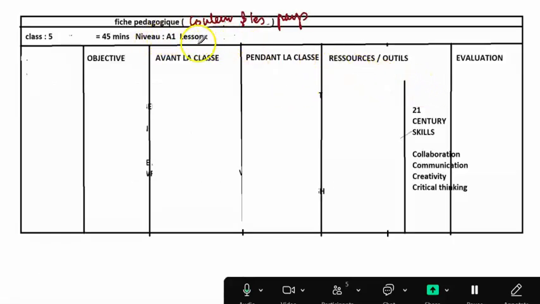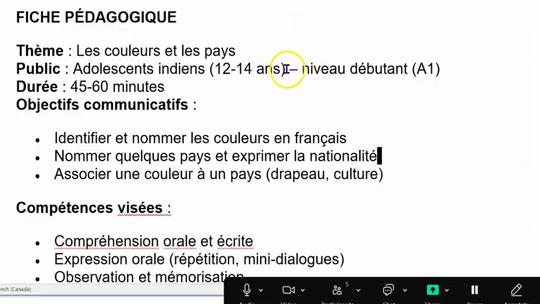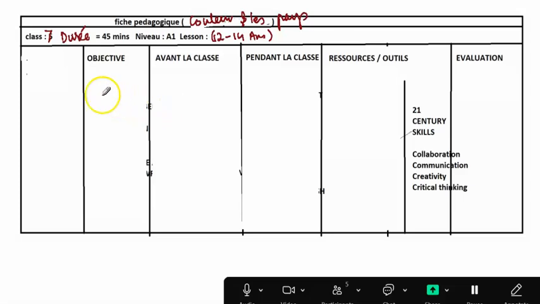So here you will write class, maybe 12 to 14 years is maybe class 7 or something. And then we have to write durée, duration, A1, niveau A1. Then we can write over here 12 to 14 years. All this information on top. Then we have to write objective. So here you have to write durée,